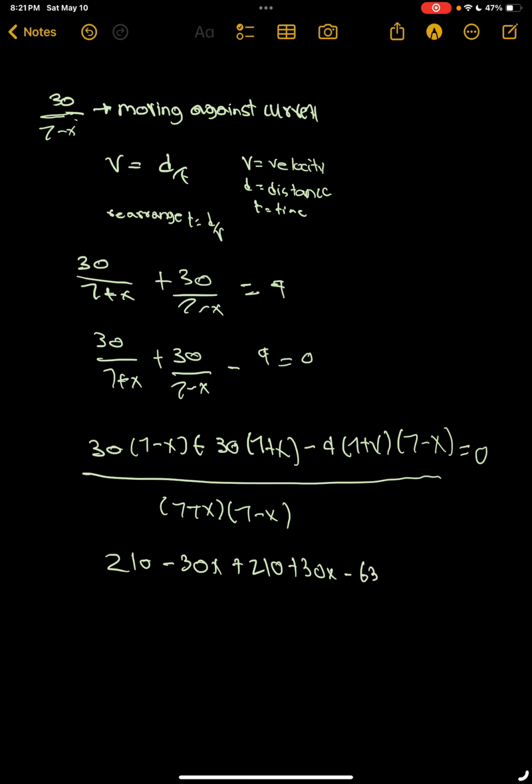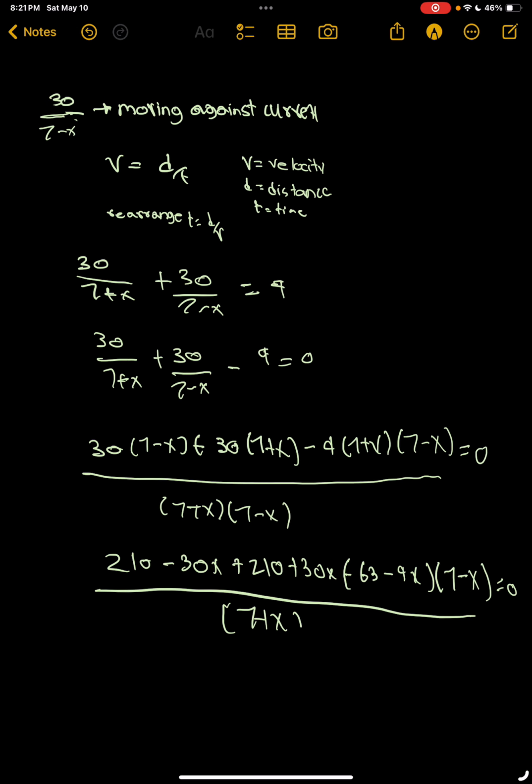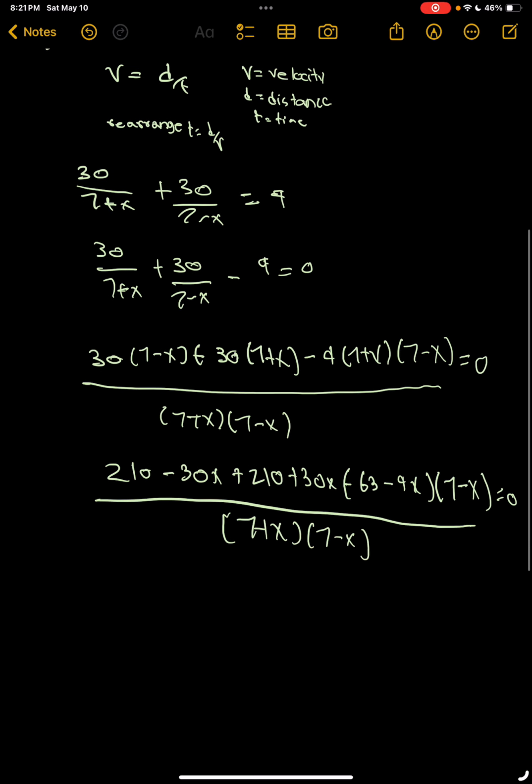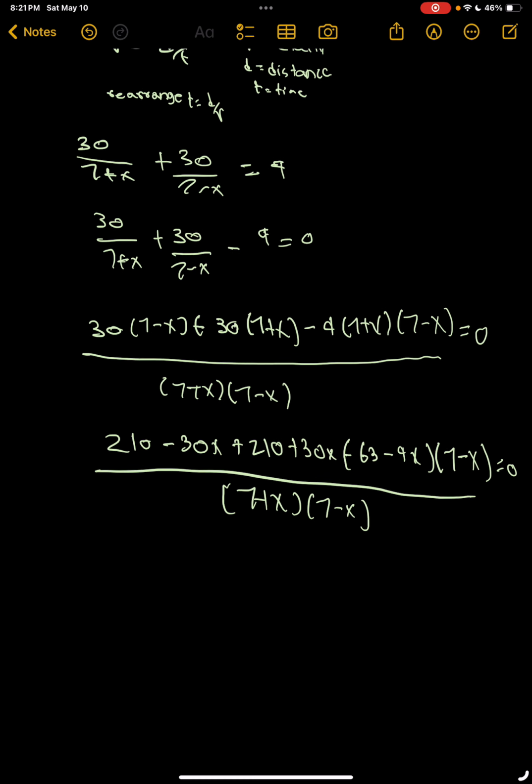That's where the tricky stuff is coming in. Minus 9x. And then we have 7 minus x, equal to 0, over 7 plus x, 7 minus x. We're going to cancel this out because all of this is going to be canceled out evenly, leaving it like this. Now, once we multiply these two together, we're going to get